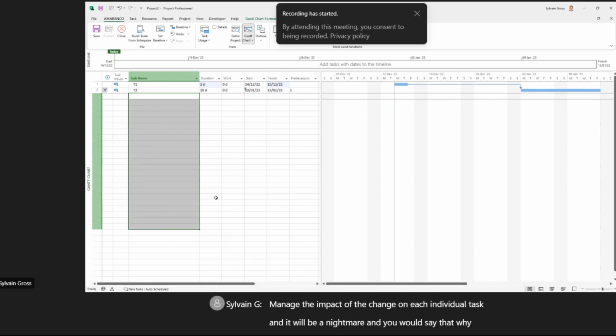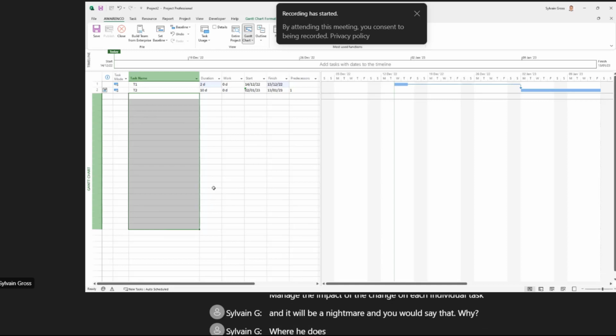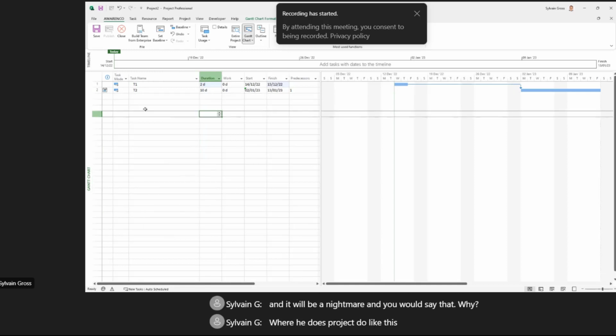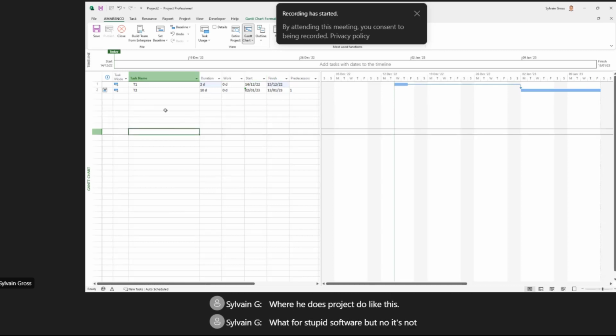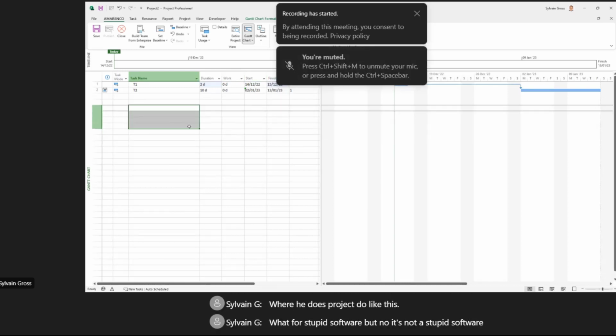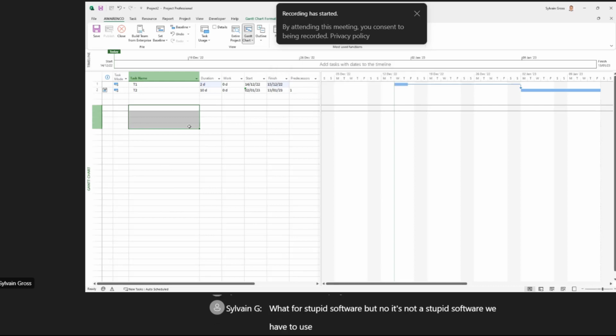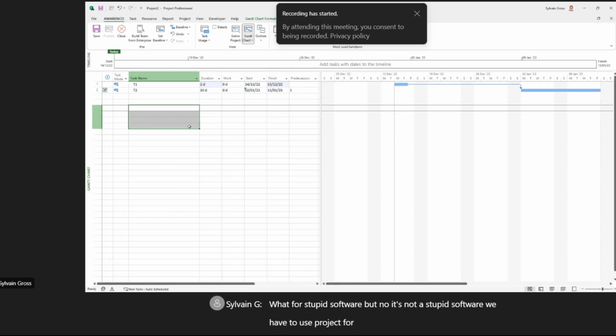And you would say, but why does Project do it like this? What a stupid software! But no, it's not a stupid software. We have to use Project for what it is designed for, if I can say. Okay, so